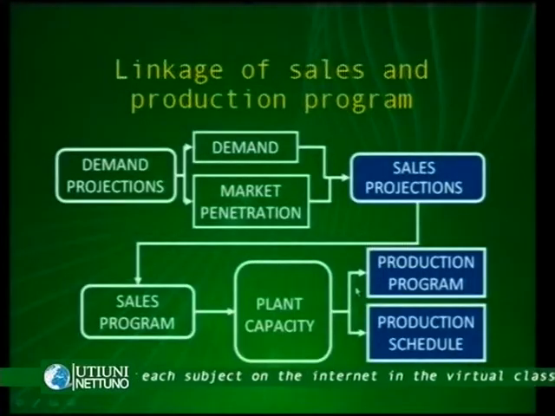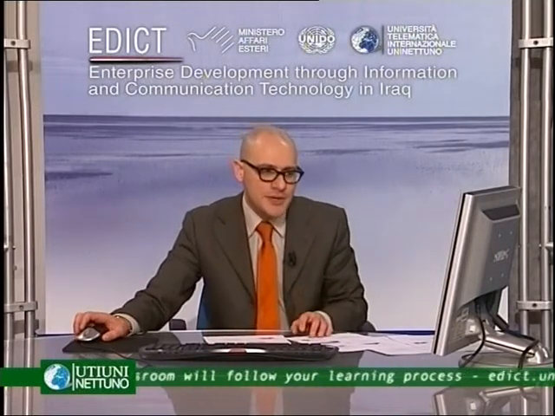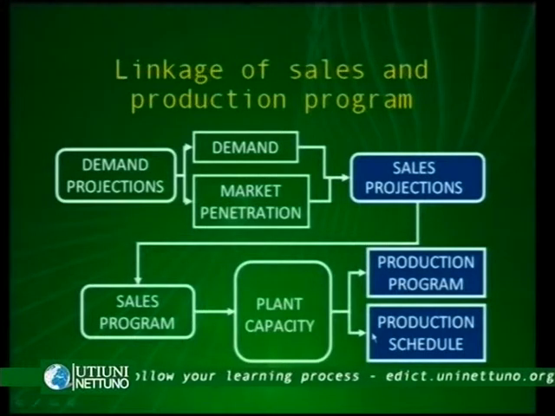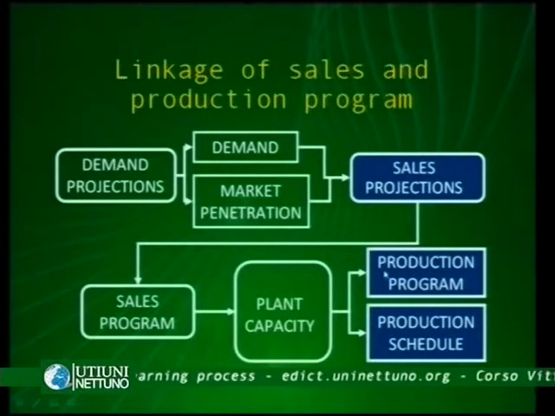Then we have the definition of plant capacity that we have just seen, and after we have defined the plant capacity, we have to establish two other sub-elements, the production program and the production schedule. So one thing is to program the activities in terms of objectives and sub-goals we should achieve, and the definition of the required resources. On the other hand, we should schedule, so we are adding the time variable in order to deploy such activities. So to be a little bit more specific,